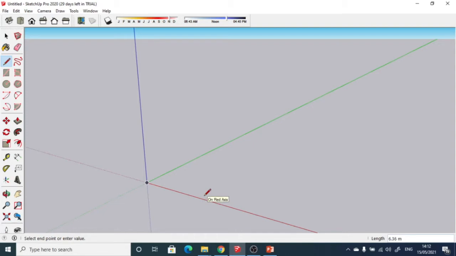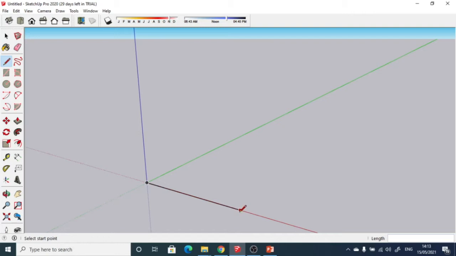Let's say I am drawing a line at a distance of 10 meters, enter. I have to manually write the 10 meters so that this particular line is drawn. And whenever we measure the distance of this line from one point to the other point, it will be 10 meters.